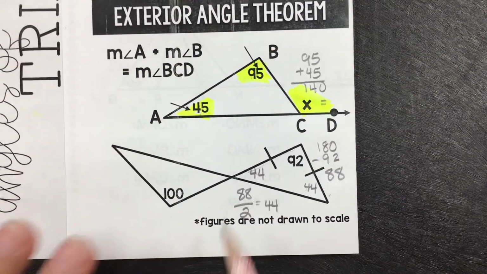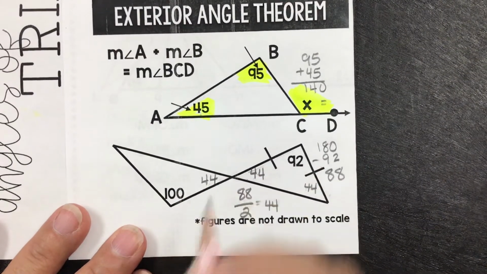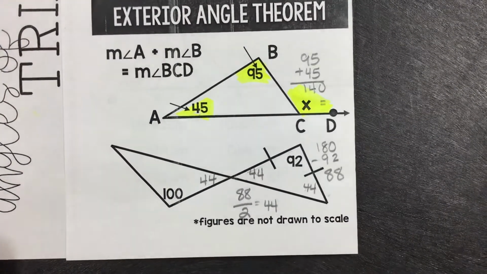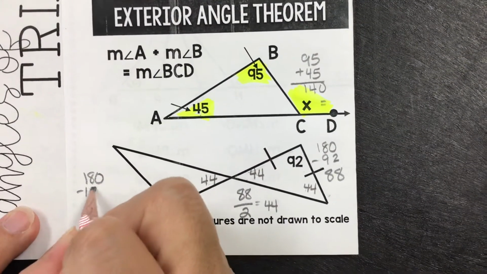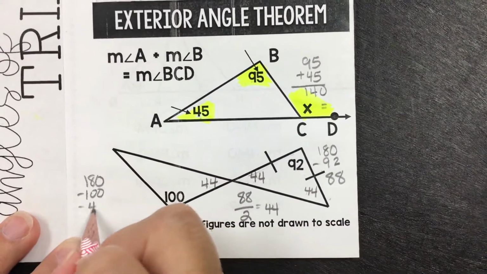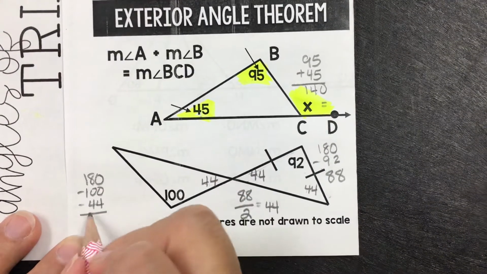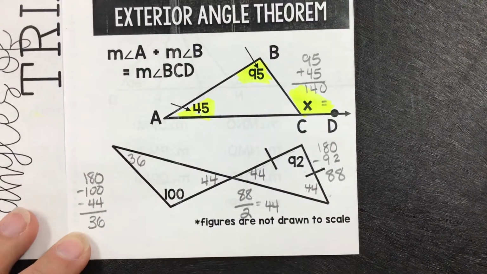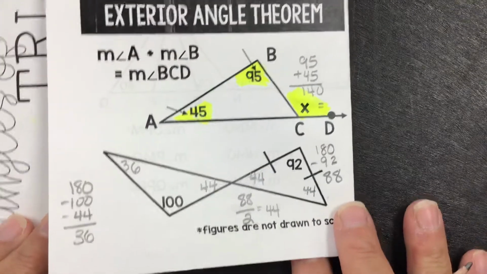We also need to remember that vertical angles are equal. That makes this one 44 and 44. And that the sum of a triangle is equal to 180. That means 180 minus 100 minus 44 is going to give me what's left on this angle, which is 36. If you work on the inside,